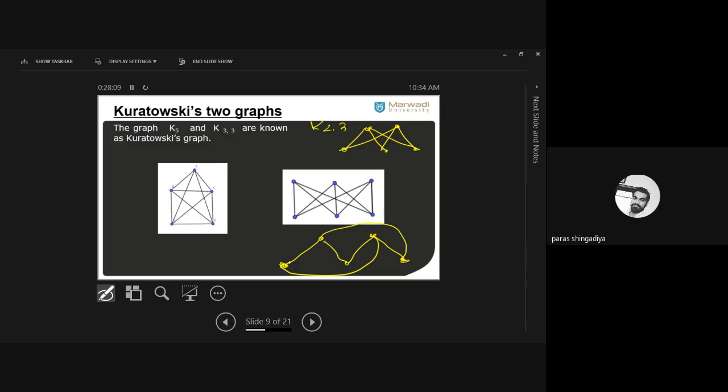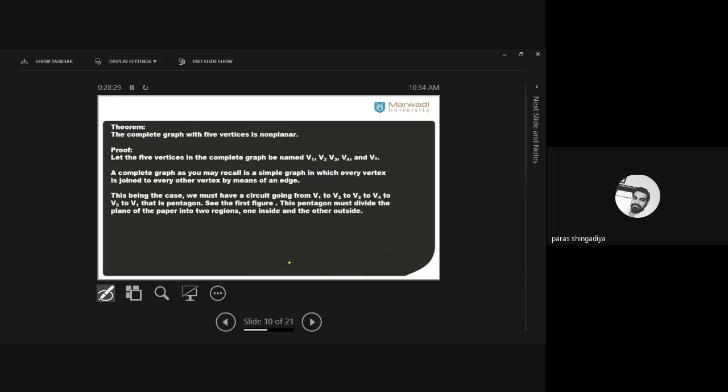Any confusion now? In the complete graph, K5 is the minimum possibility that is non-planar, and in complete bipartite graphs, that will be K33. So two well-known Kuratowski's graphs, which are non-planar, are K5 and K33. Now we can also prove why K5 is non-planar. We'll apply the embedding procedure one by one. Clear? We recreate this K5: consider 5 vertices, then connect all the 10 edges, and verify why it is non-planar.